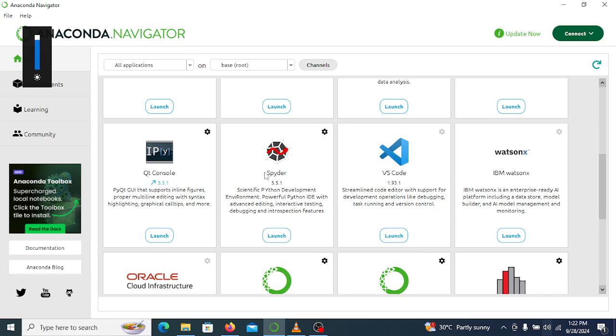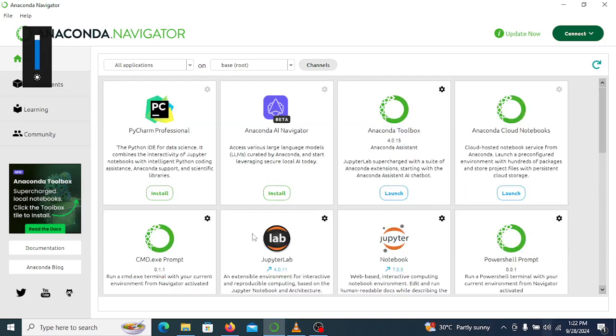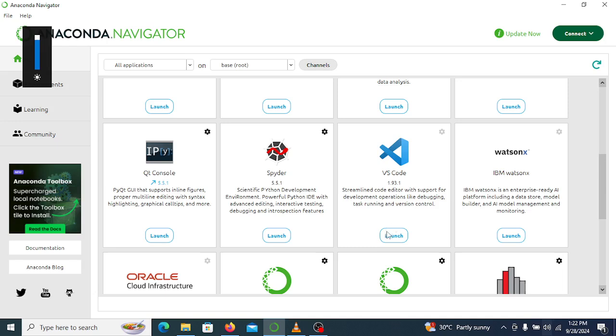So once it's set up, we just have to click on launch. If you don't have VS Code installed, under VS Code you see install, just click on install to install VS Code on your system, and when that is done, you have to click on launch. So when you click on the launch,